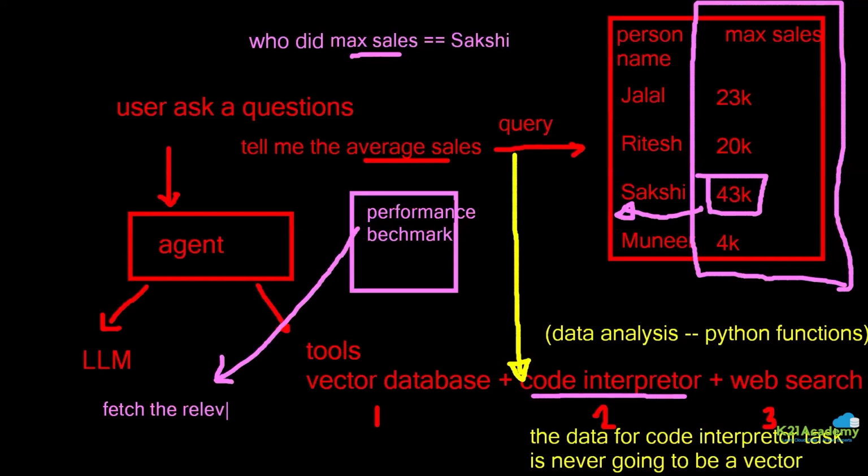Fetch the relevant information from the text file, or a text-based file you can say. Any kind of format it can be. But we are saying fetch the relevant information. So just to keep it simple, how to be the best salesperson. Now for